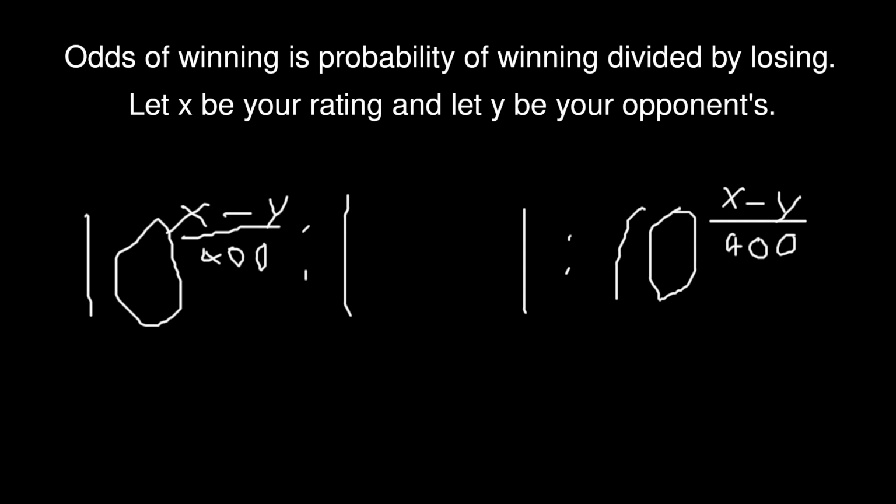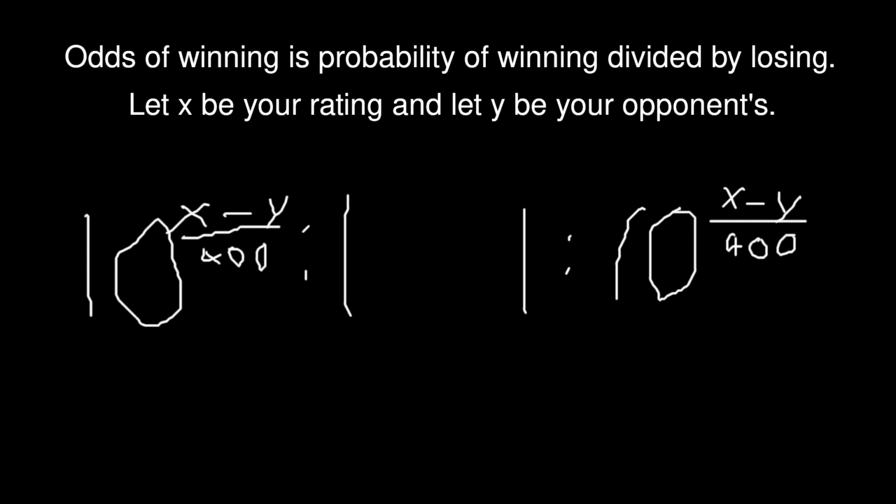There really isn't a need for two variables. The difference is what matters, whether it's 400 and 0 or 3,200 and 2,800. The difference is all that matters. And of course, for the losing odds, you just flip the ratio, and that will give you the losing odds. You can read the formula here and pause the video, but I'll move on to